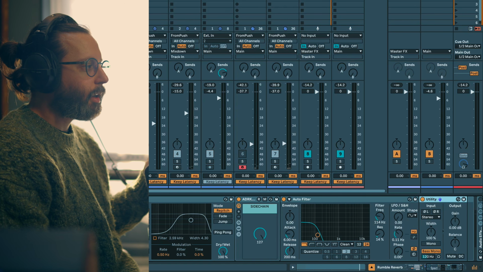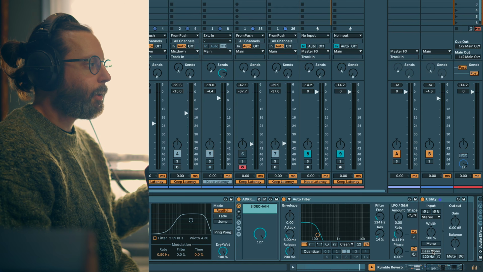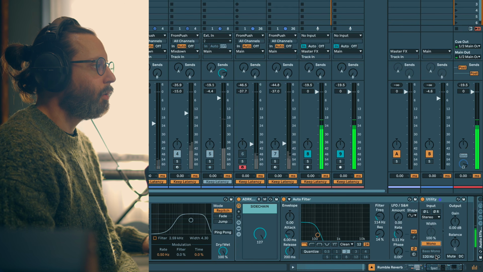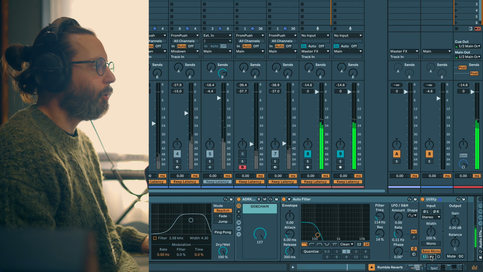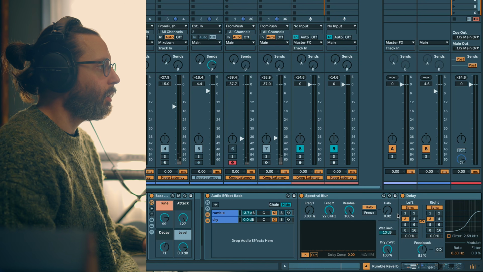Then you have a very stereo signal. So this is up to you if you wanna keep the rumble stereo or if you wanna make it a bit more mono. Or maybe keep a bit of the stereo. This is really up to you. But now if you mix it with the kick,